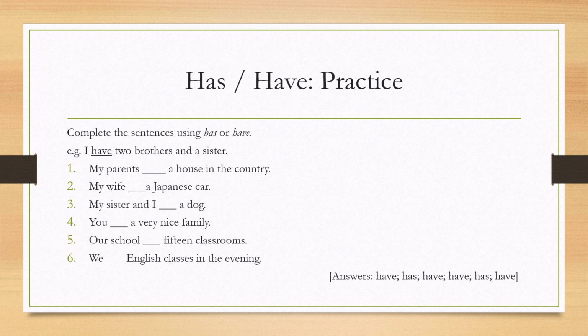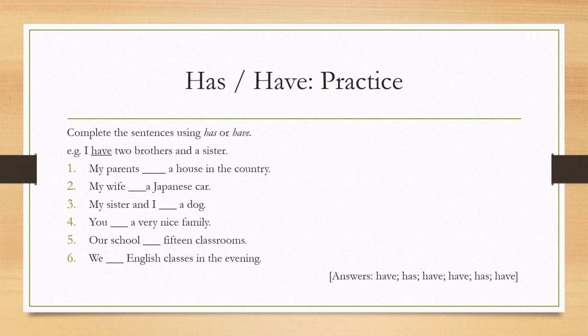Let's look at number 2. My wife, a Japanese car. My wife is the same as she. Now, she is third person singular, which means I need has, H-A-S, which means my answer is my wife has